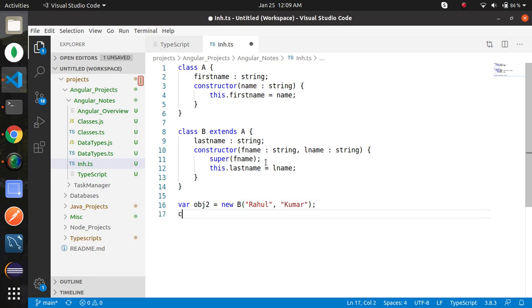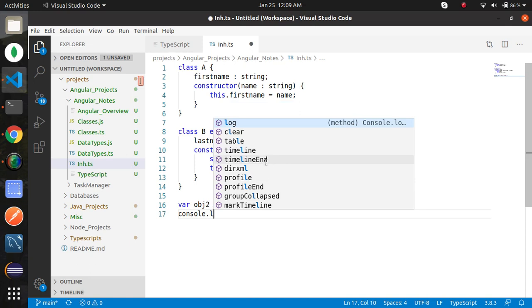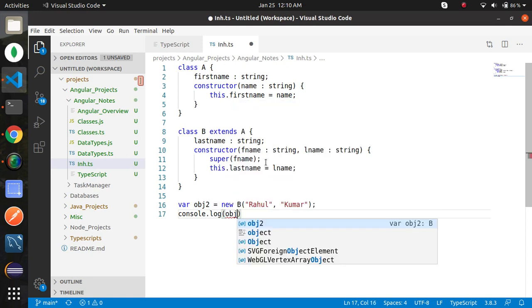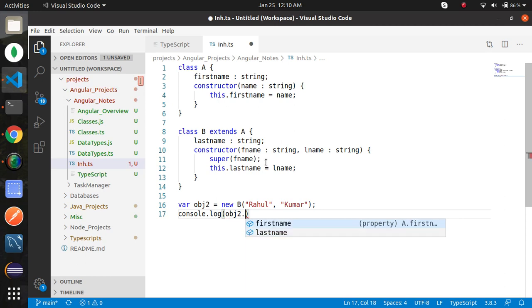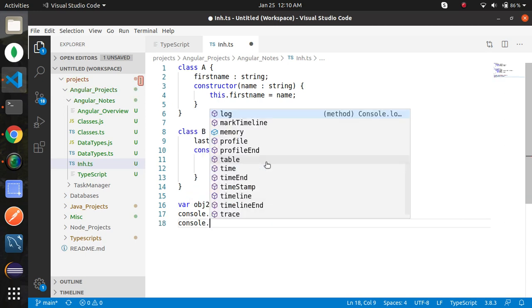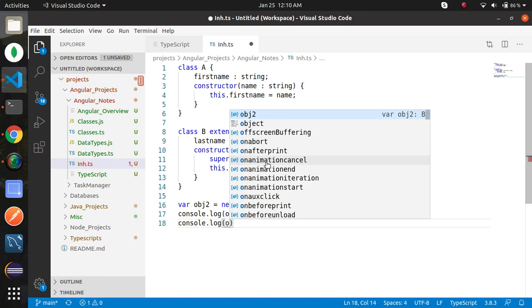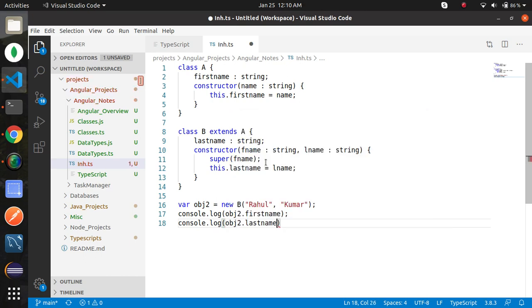Now use an output statement, console log obj2 dot first name, console dot log obj dot last name. So what we have done here: to inherit a parent class, use the keyword extends.